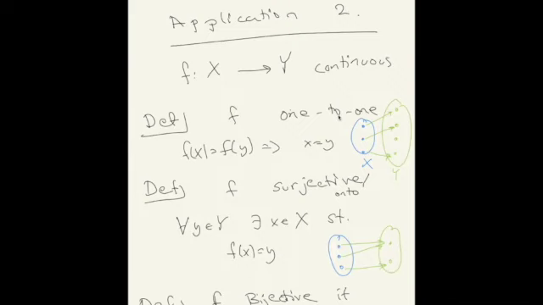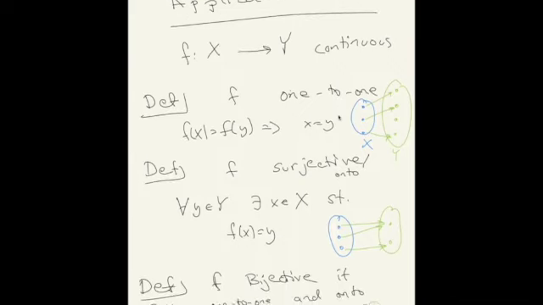This is probably quite familiar to you. So again, our standing assumption is f from X to Y is continuous, although these definitions don't depend on it. We say a function is 1-to-1 if for every value in the image, there is exactly one value in the domain that attains it. So a picture would be